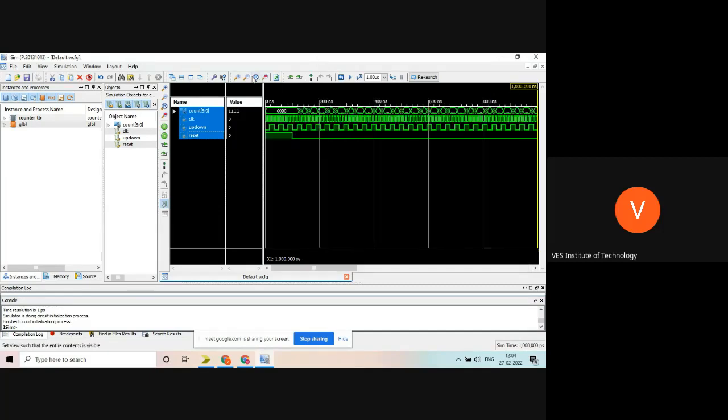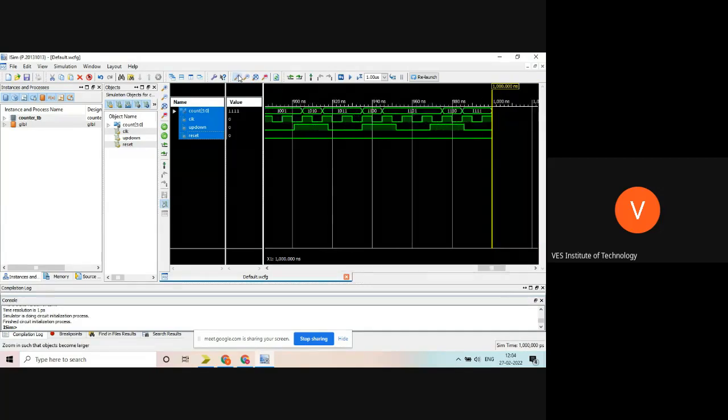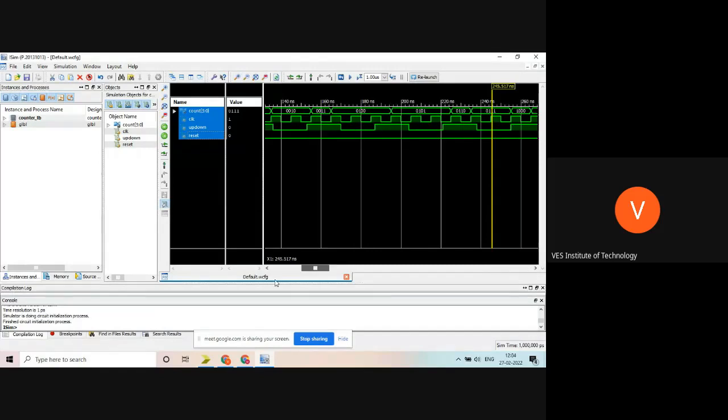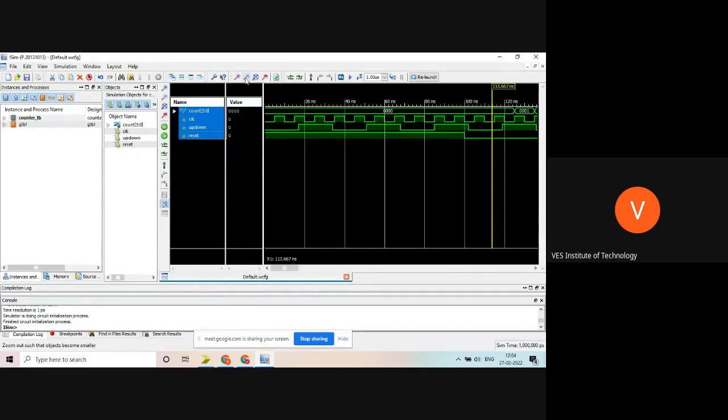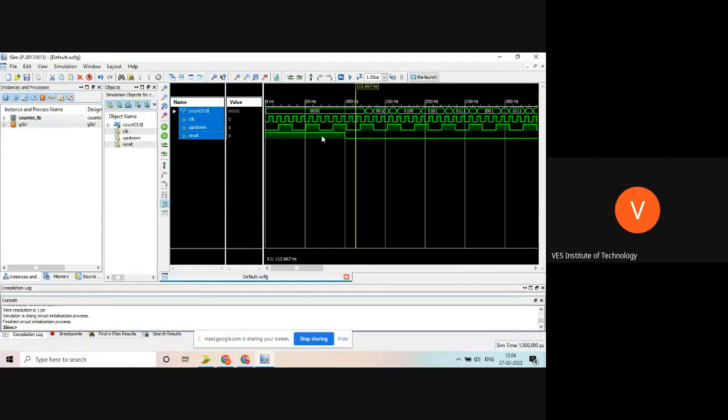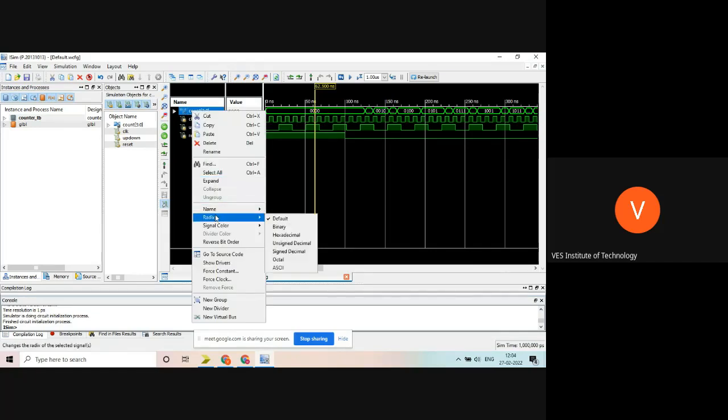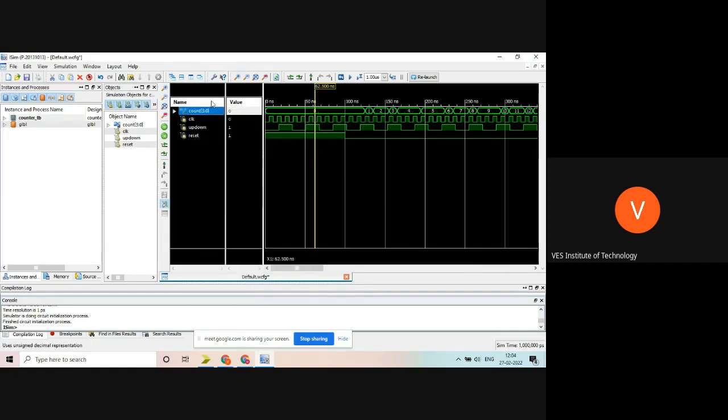Check this. You can see this. Data is getting changed after reset goes to 0. After 100 nanoseconds, reset goes to 0 and data is changing. I'm changing it to unsigned decimal. Now you can see 1, 2, 3, 4, 5, 6, 7, 8.